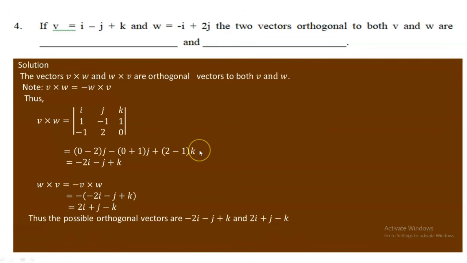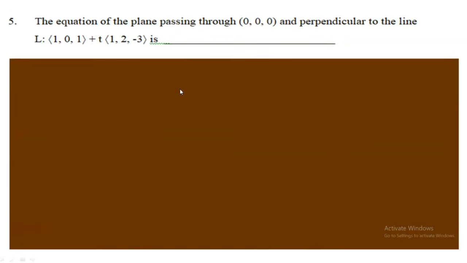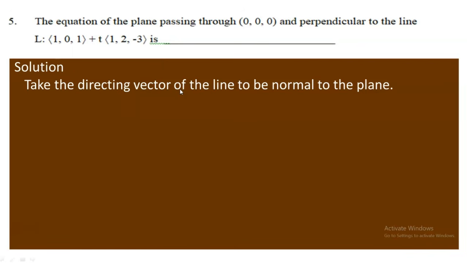I hope it's understood. Now, what follows is question number 5. You have been told that a point is given, 0, 0, 0, and this point lies on the plane, and another line is given here, and the line is perpendicular to the plane. So in order to answer this, what you have to understand is the directing vector of the line. Students, this is the directing vector of the line. The line is parallel to the directing vector, and the directing vector has components 1, 2, minus